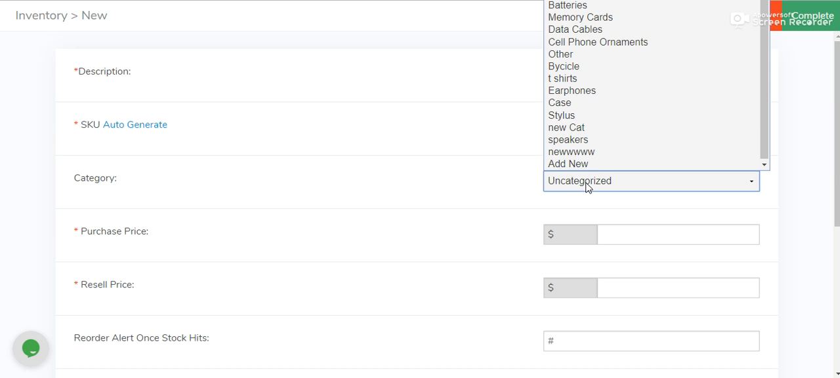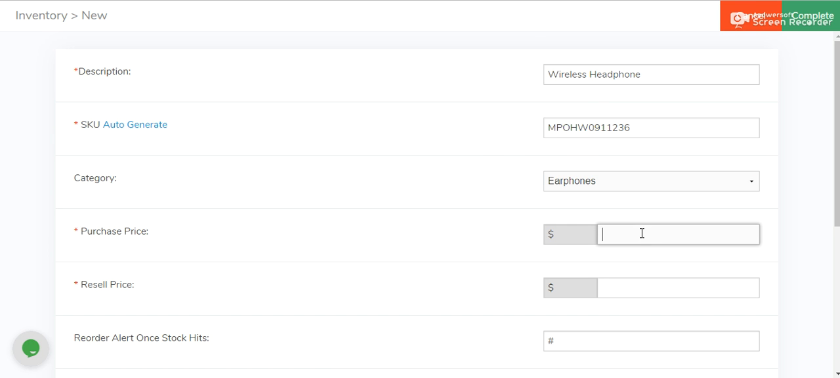Now we're going to go ahead and give it a category, which is going to be earphones. And typing in a purchase price. This would be how much you bought it for. So if you bought these for about $19.99, you're gonna type that in and give it a resale price. This is gonna be the price that you end up giving to the public, your retail price. So let's do $39.99,